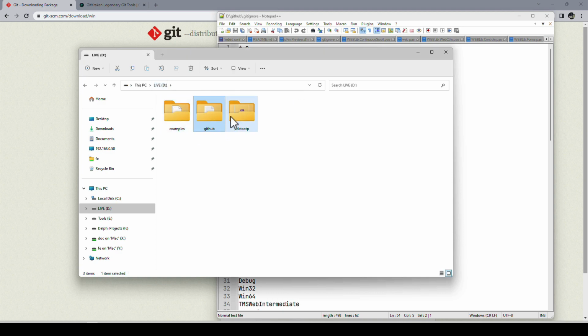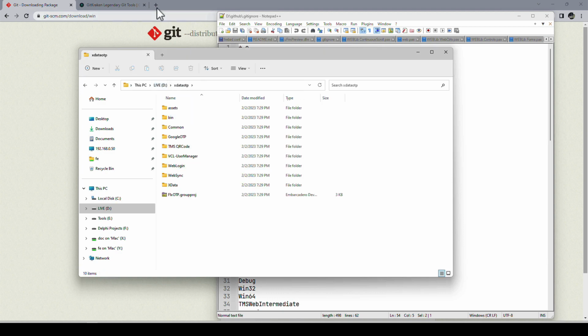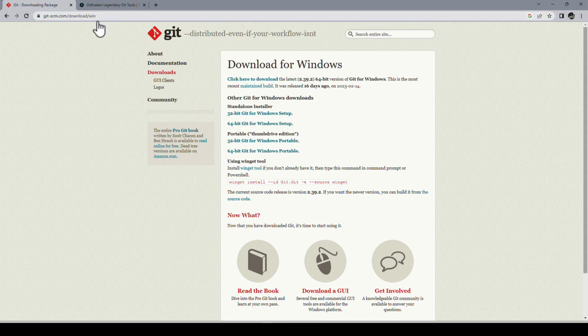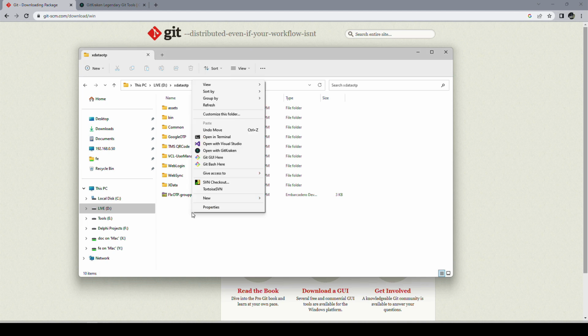So looking at our project here, and after installing the Git software, which is compiled for Windows, in Explorer, if you right click, you see that you get Git GUI here and Git Bash here. These two menu items are added by the bare bones Git stuff that you install.